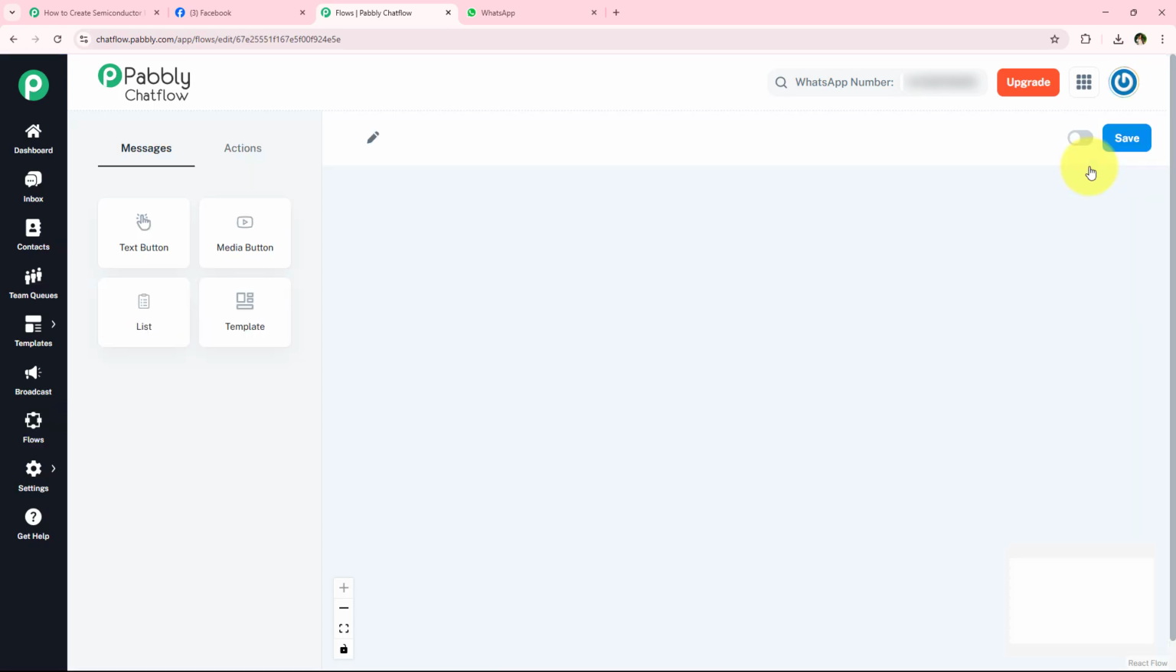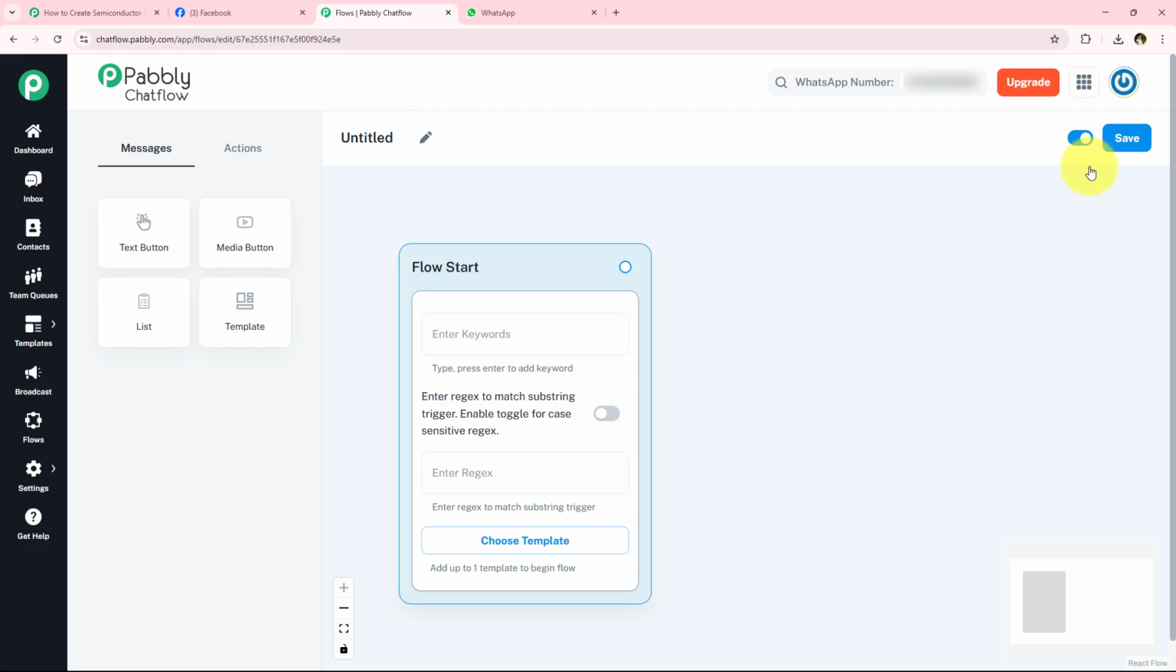And as soon as we go towards this add flow button, over here you can see that to start a flow, we have to select 3 options: either keywords, or regex, or choose a template. Alright, so if you want, you can definitely enter keywords and regex too, but over here for my case it